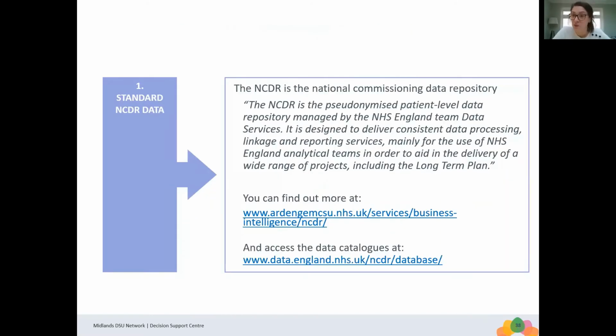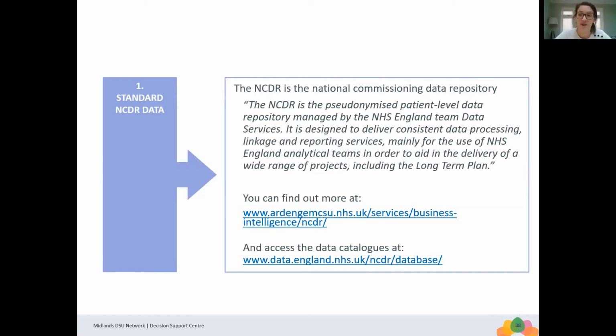So the first stage, we've already said we had to decide on our data source, and we wanted to use NCDR, the National Commissioning Data Repository. That is a large and comprehensive data warehouse containing lots of health services information, and it is hosted by Arden and GEM CSU and managed by the data services team at NHS E&I. If you're unfamiliar with NCDR, it's a great data warehouse, and it's very similar in some ways to HES. It's the same sorts of information: SUS files, mortality files, and lots of data sources that you'd be familiar with, but just held in this